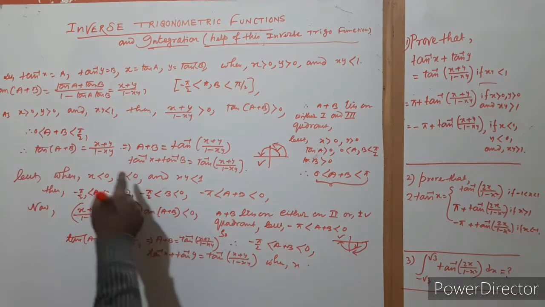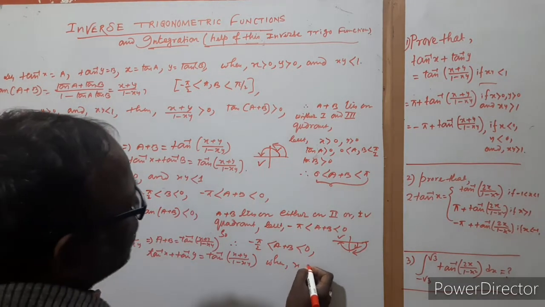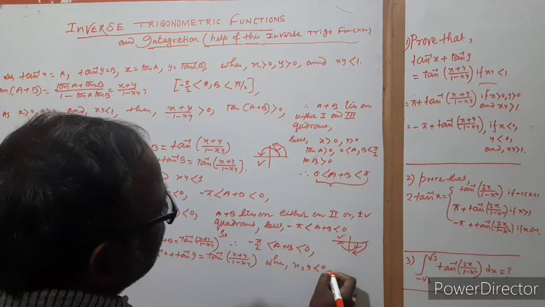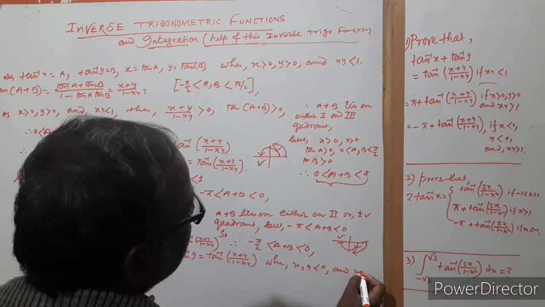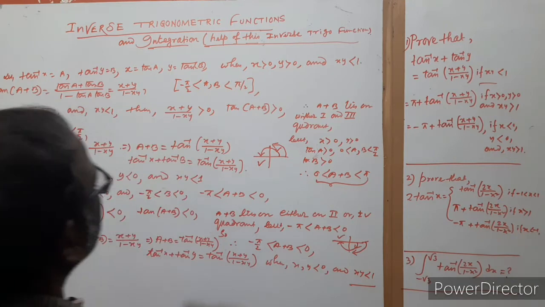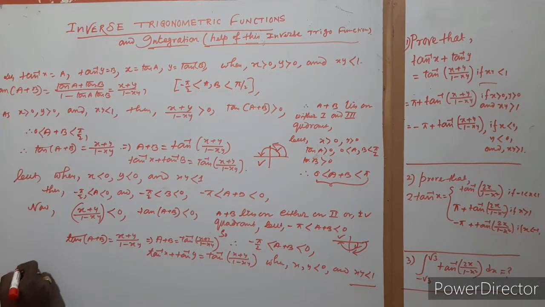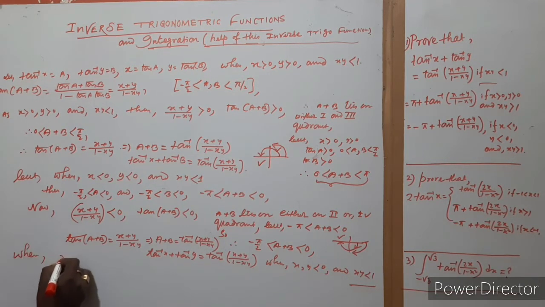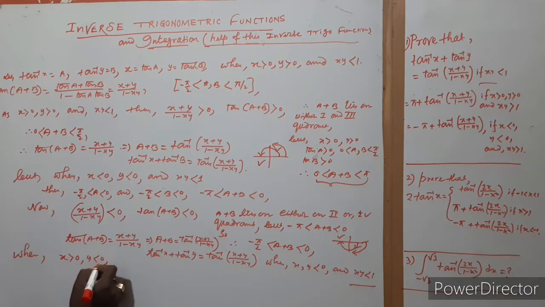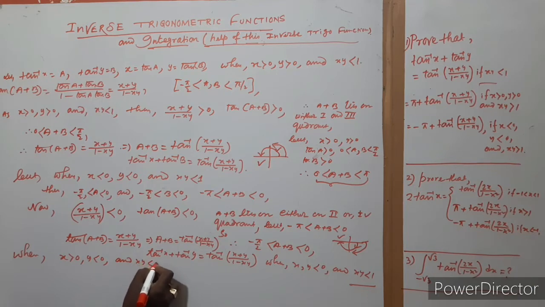when x is less than 0, y is less than 0 and xy is less than 1. Okay, when x is greater than 0 and y is less than 0 and xy is this,